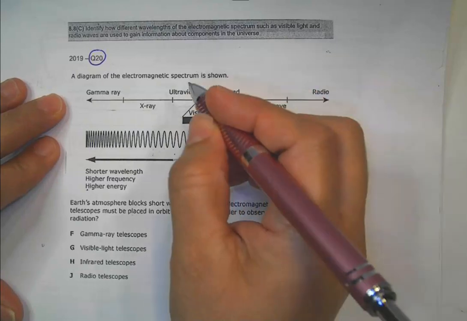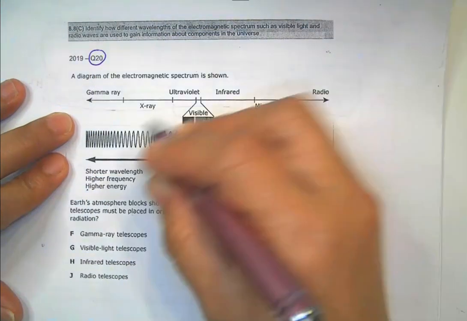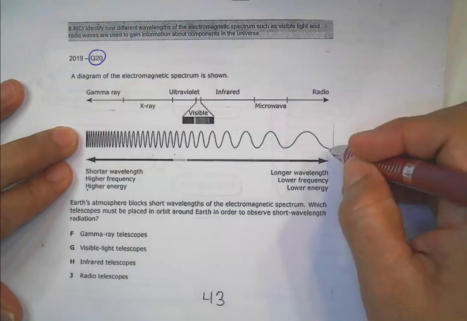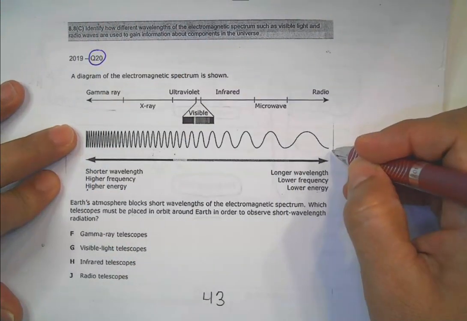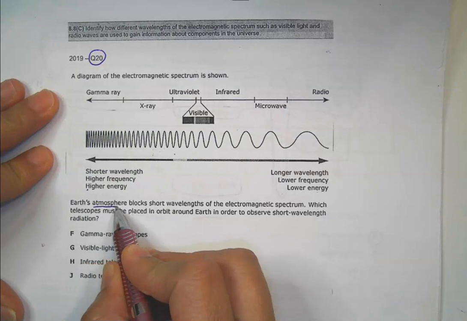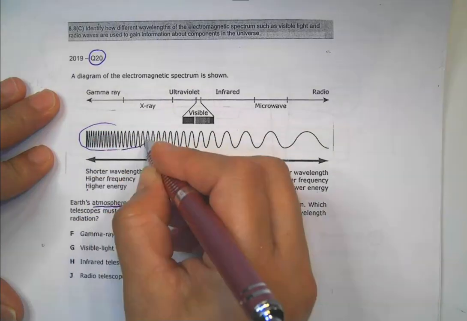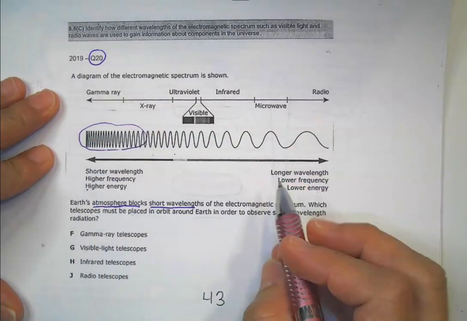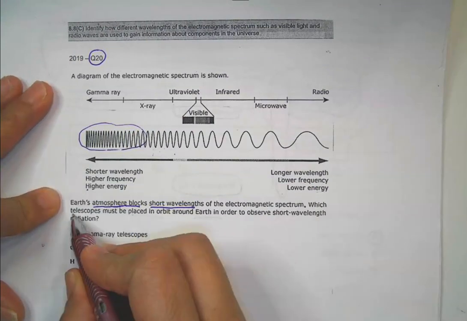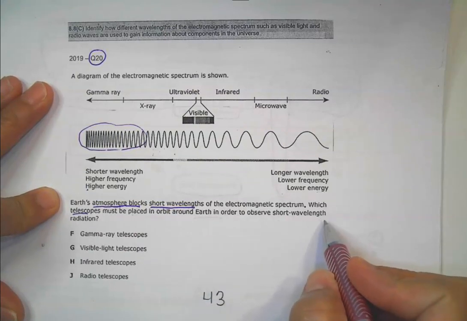So let's go back to the question. It says a diagram of the electromagnetic spectrum is shown. Once again, we go from the shortest wavelength to the longest, which means from the higher frequency to the lower frequency, from high energy to low energy. It says Earth's atmosphere blocks short wavelengths. So I guess all of these get blocked by the atmosphere. Which telescopes must be placed in orbit around the Earth in order to observe the short wavelengths? So then right here,